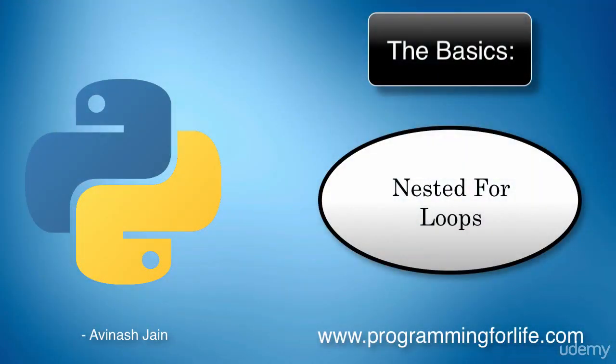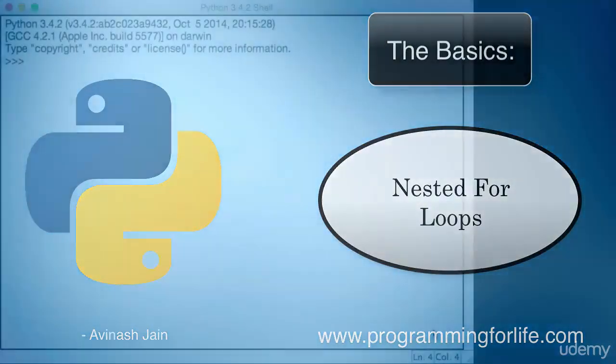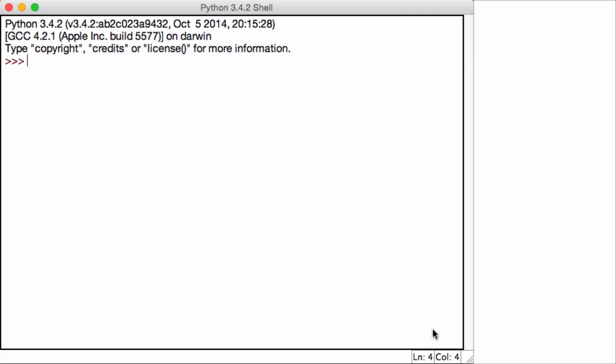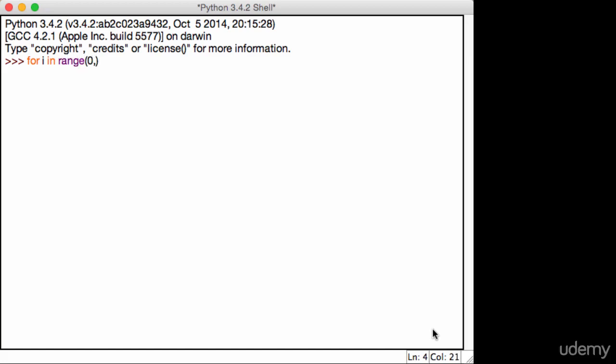Alright, so in this lecture we're going to be talking about nested loops, and just like we learned about nested if and else statements, the concept is quite similar. Let's get started. So I'm going to create a very simple for loop, for I in range 0 to 5, I guess. And then I'm going to create another for loop inside of this. For A in range 0 to 5,